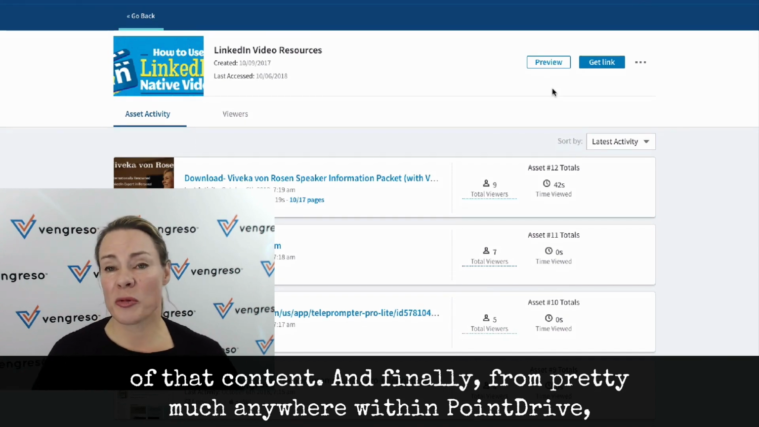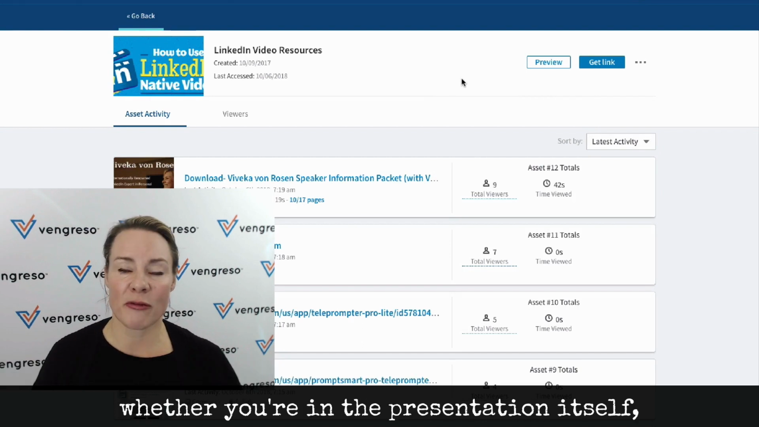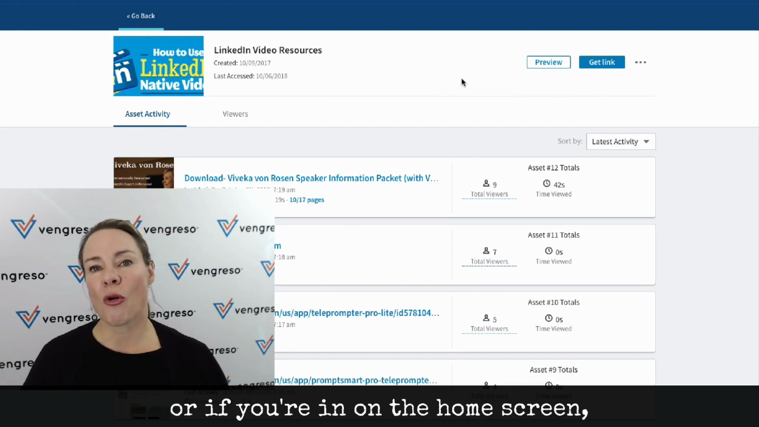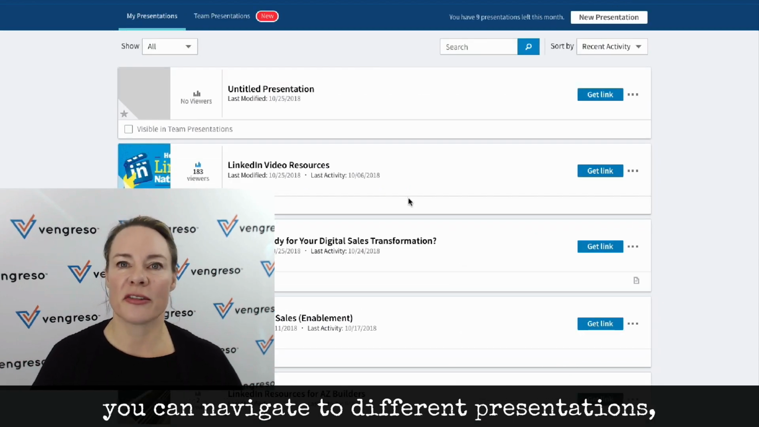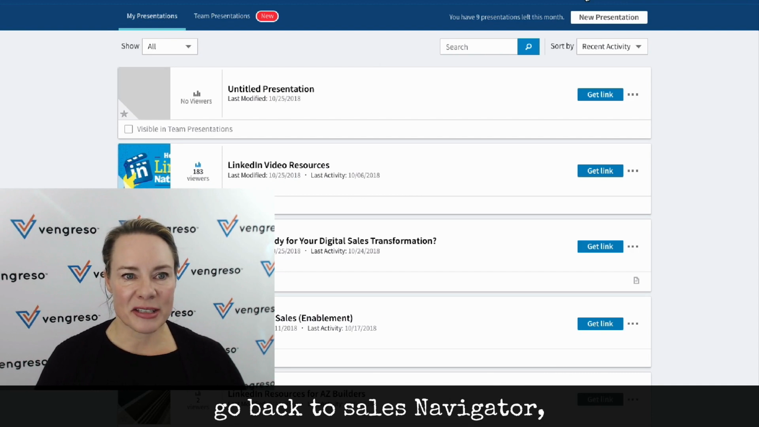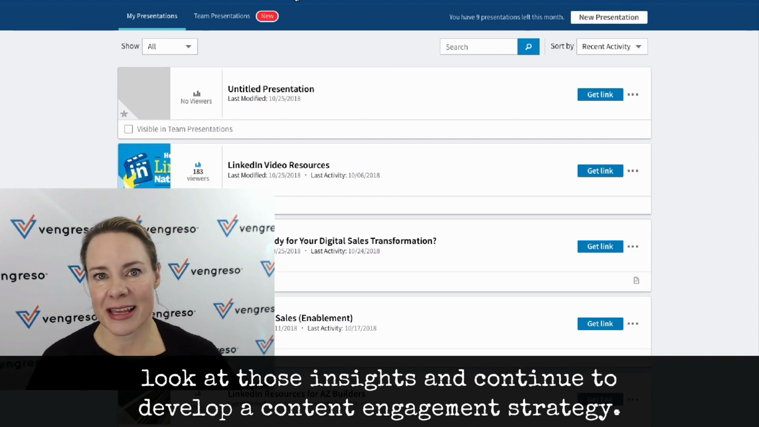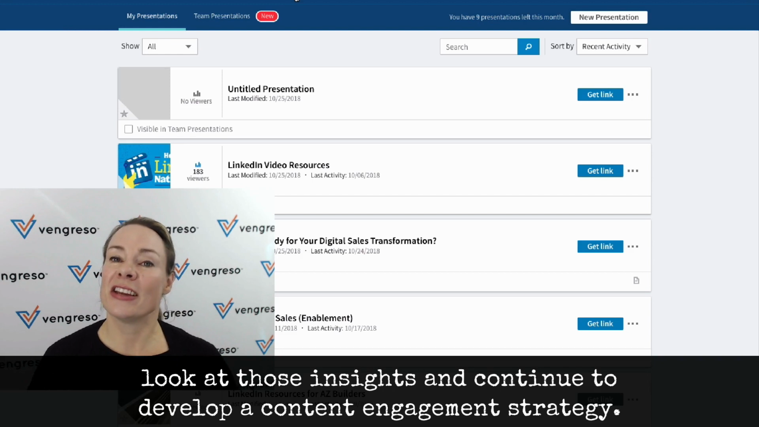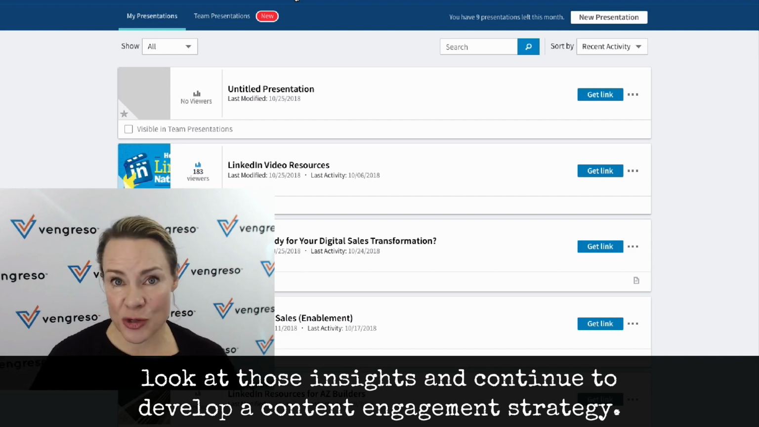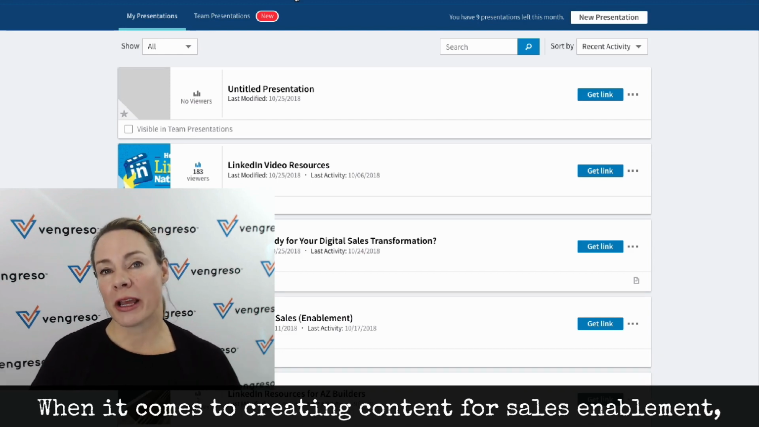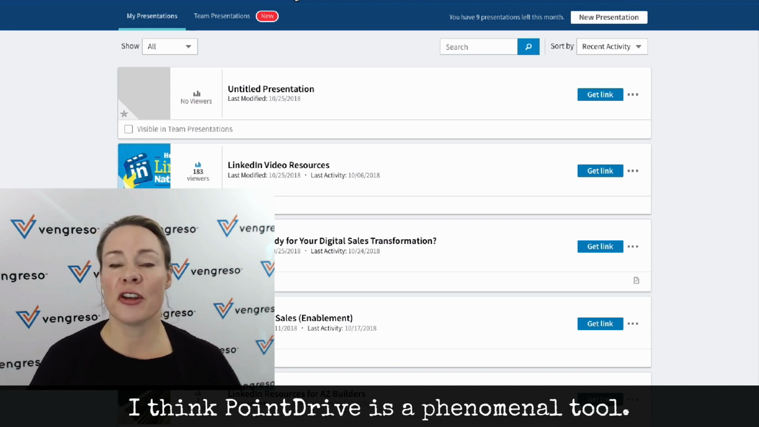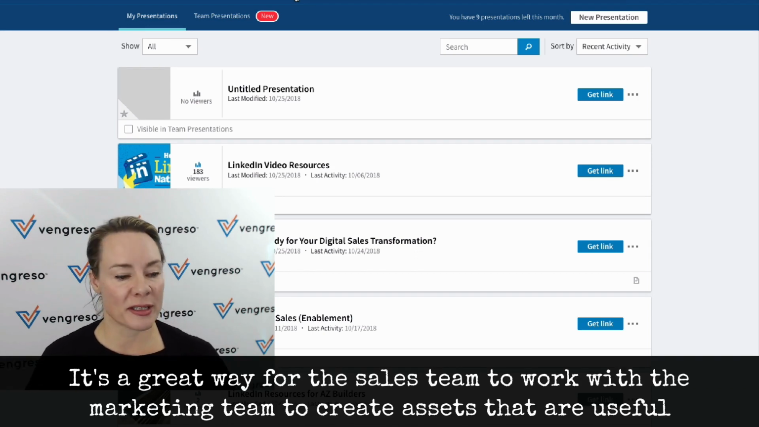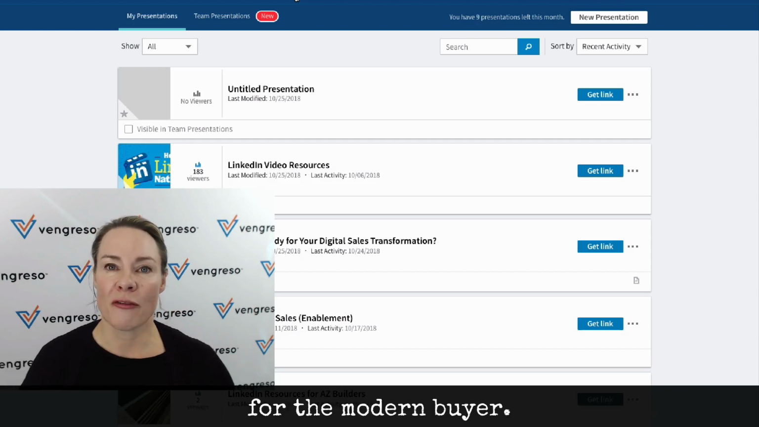And finally, from pretty much anywhere within PointDrive, whether you're in the presentation itself or if you're on the home screen, you can navigate to different presentations, go back to Sales Navigator, look at those insights, and continue to develop a content engagement strategy. When it comes to creating content for sales enablement, I think PointDrive is a phenomenal tool. It's a great way for the sales team to work with the marketing team to create assets that are useful for the modern